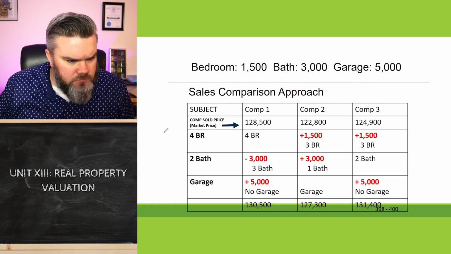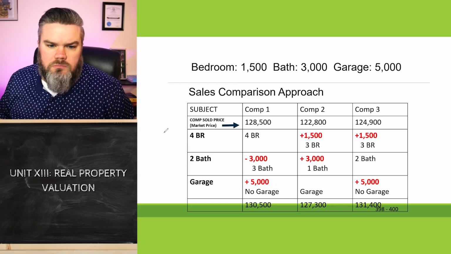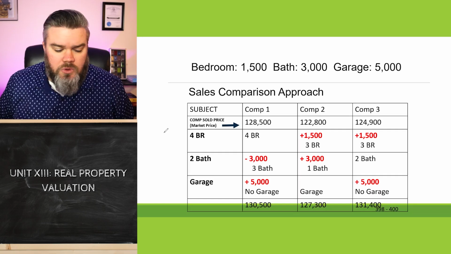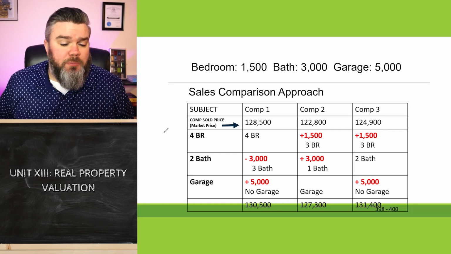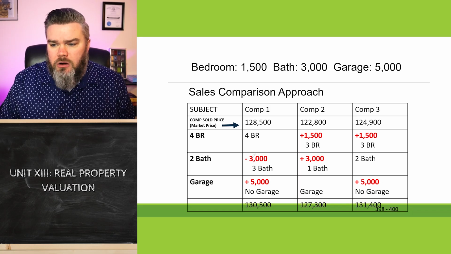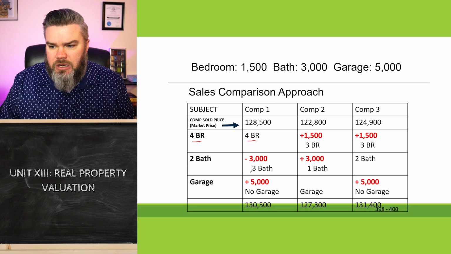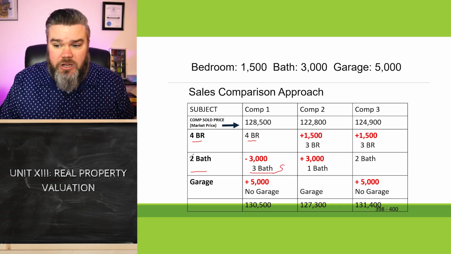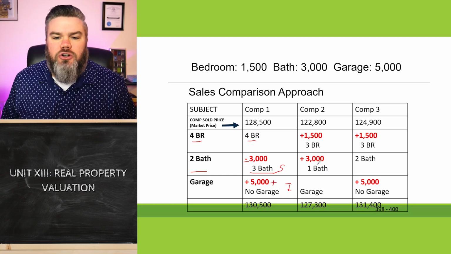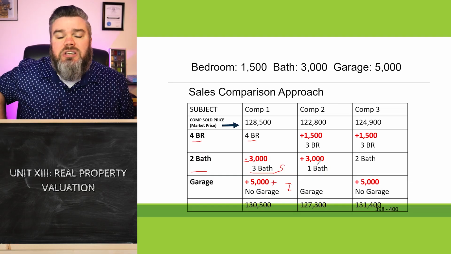So going off of that, just to clarify, we're saying that the subject is inferior or superior to comp 1? No, we're saying comp 1 is superior or inferior to the subject. You're always comparing it to the subject. So right here, same, no adjustments needed. Here, this is superior to the subject because 3 is better than 2, so you're going to subtract value. This is inferior because it's not as good by not having a garage, so you're going to add value. So every single feature, you're comparing the comparables' features to the subject property's.